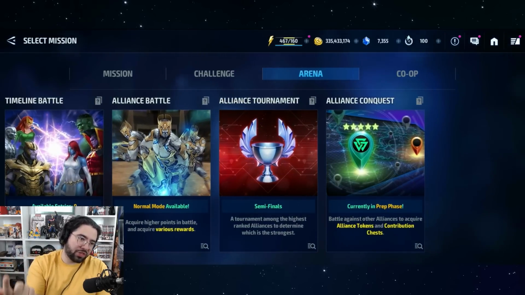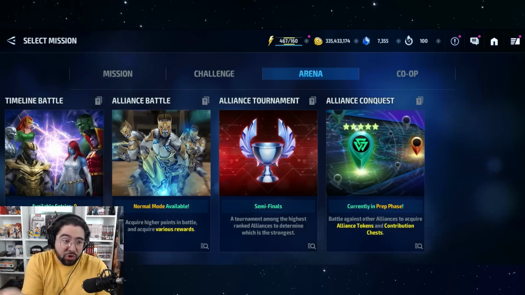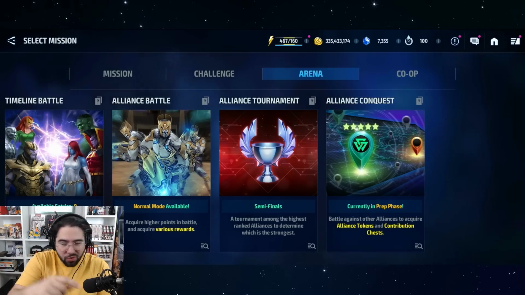Obviously, if you're just one person in an alliance and everyone else is inactive, you're not going to do conquest, but in that case, you should leave your inactive alliance and join an active alliance, which, in case you need to do that, head on over to the